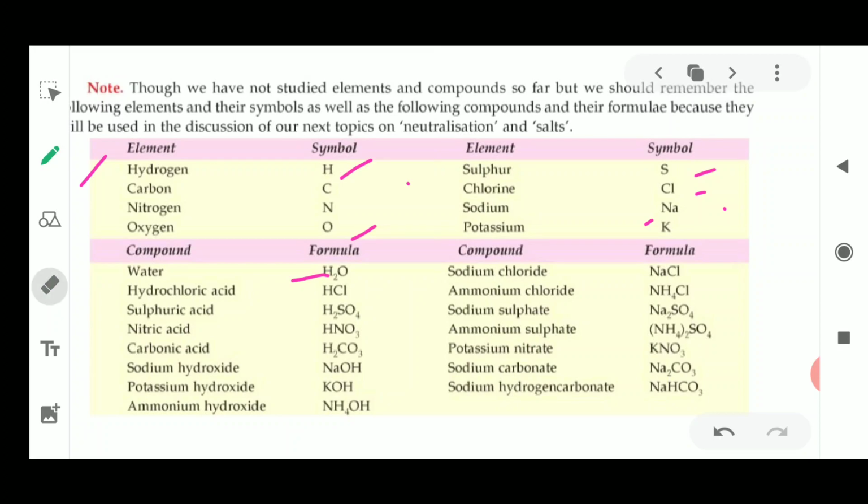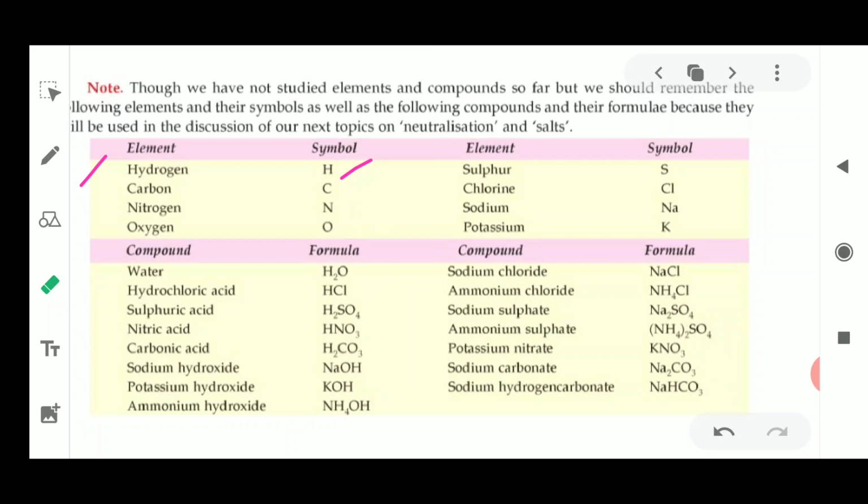Fine. Next is hydrochloric acid, that is capital H, capital C and small l. As the symbol for hydrogen is capital H and chlorine is capital C and small l, it's written here. So you have to write down the formulas and learn them properly. And please remember, I am reminding you that the 2, the 4, and all these numbers are written in the subscript form. Where the bracket is written, you have to write down the bracket. All these things have some meanings in chemistry.